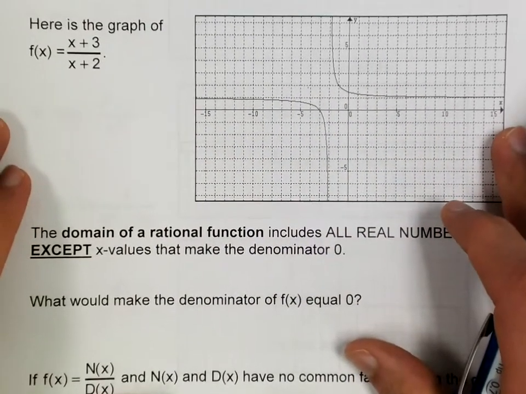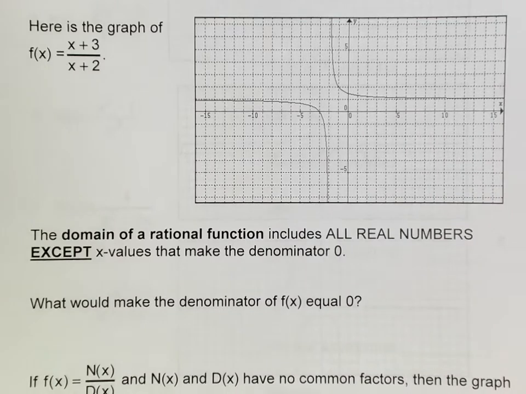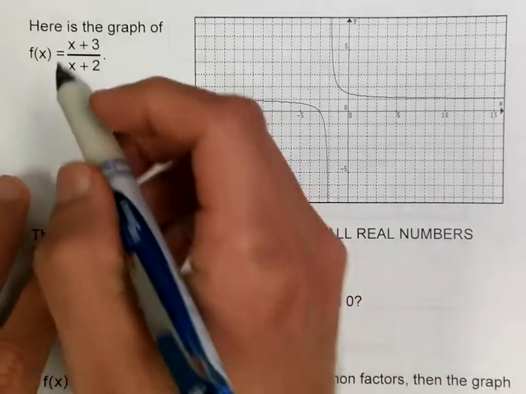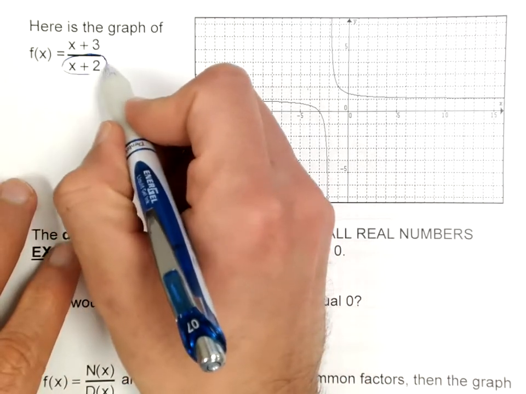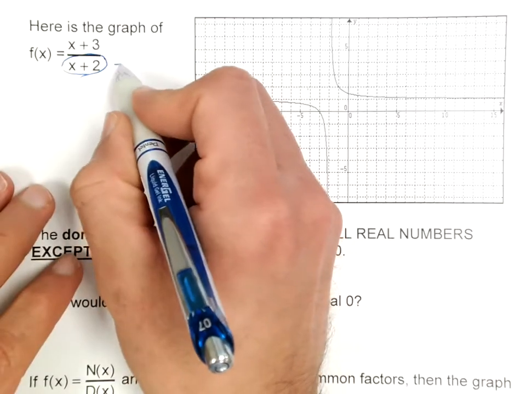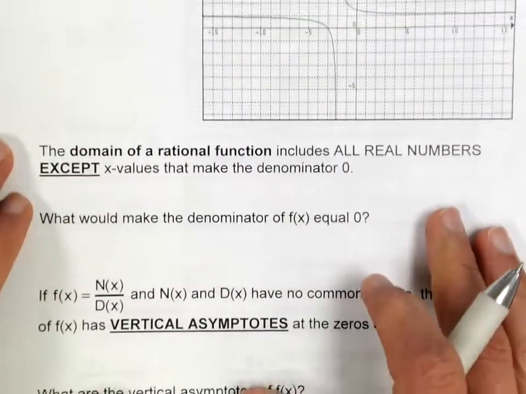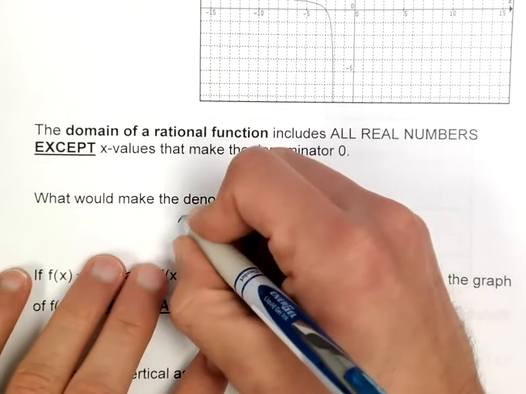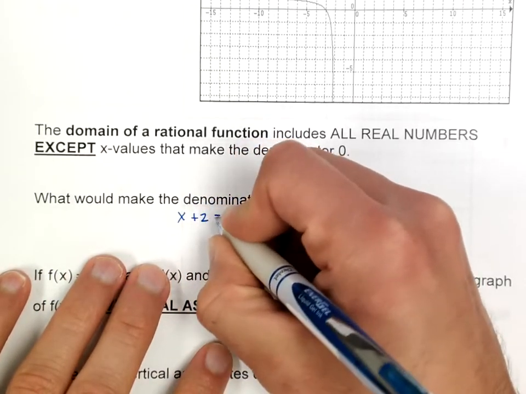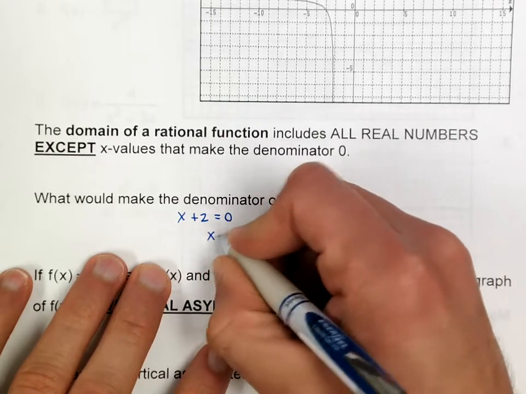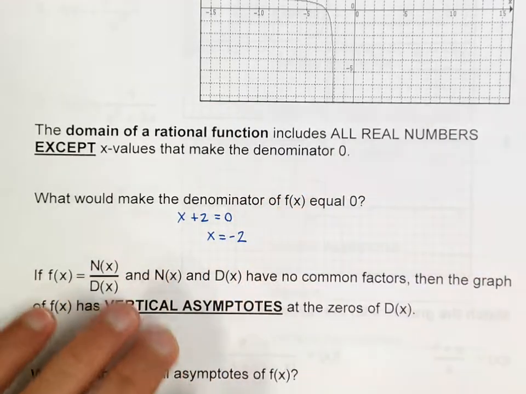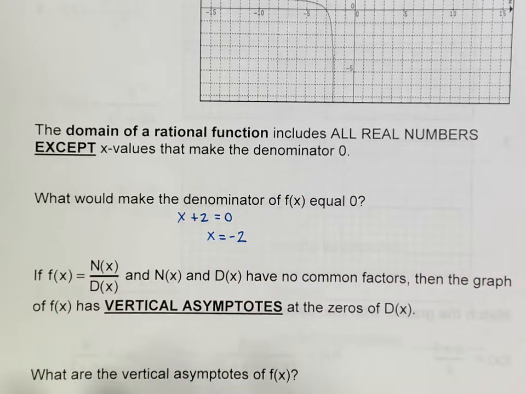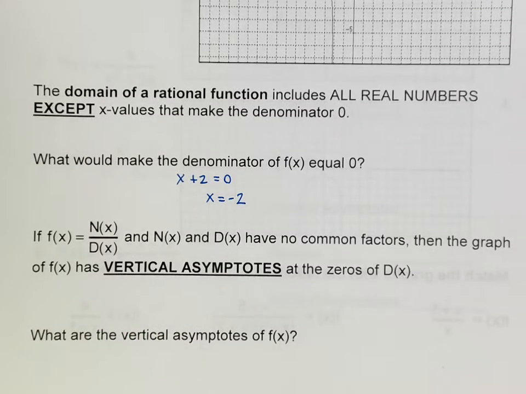It says the domain of the rational function includes all the real numbers except the x values that make the denominator equal to 0. So that's important. The domain can be any number except for when you set this denominator equal to 0. So what would make this denominator 0? Well, all we have to do is set the denominator equal to 0 and then solve for it. If I subtract 2 from each side, that tells me right there that x is equal to -2 would